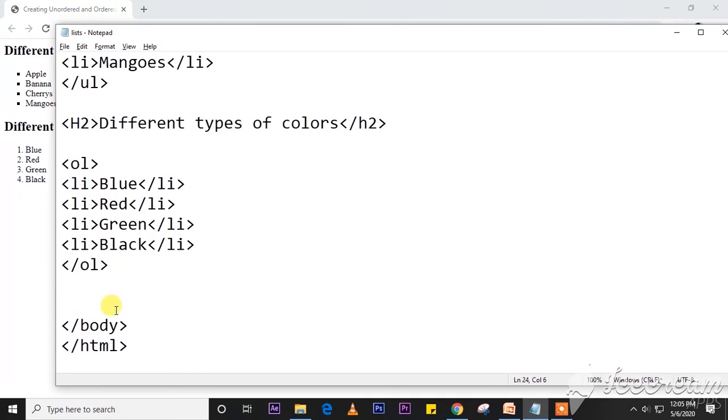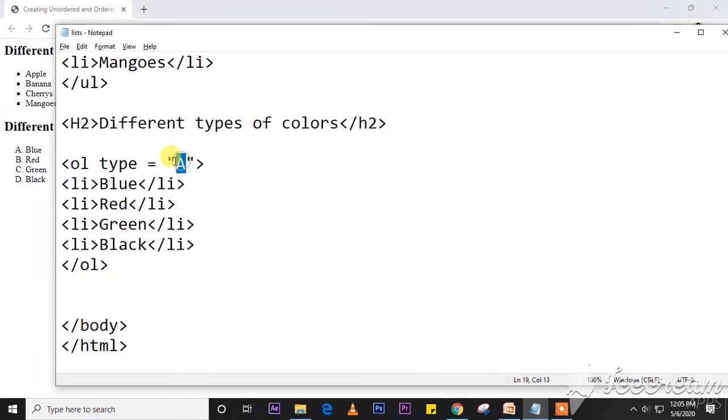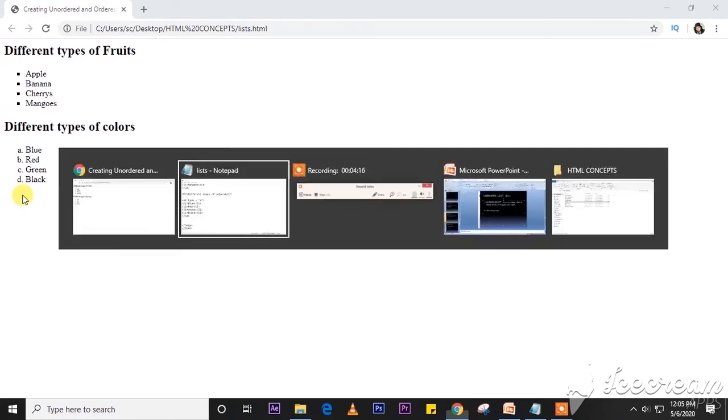Here you can keep different types of order also, like inside the OL tag, type is equal to, if you write only capital letter A, go to file menu, save it and refresh your web page. You can see here they are starting with alphabetics. If you write small letter a, save it and refresh, you can see the order is in small letters.